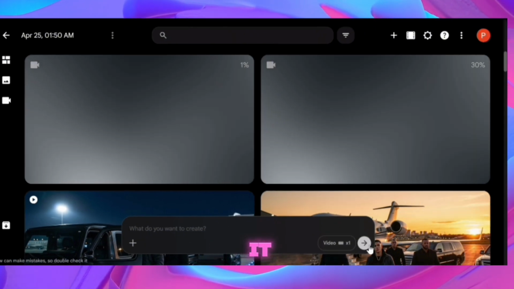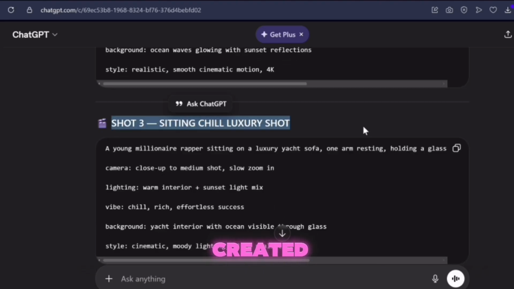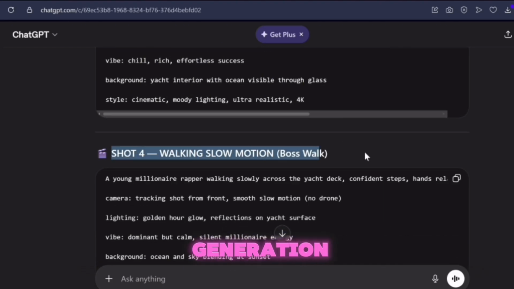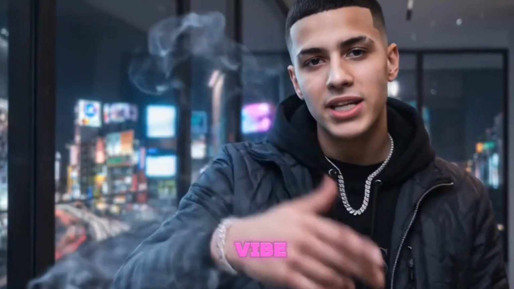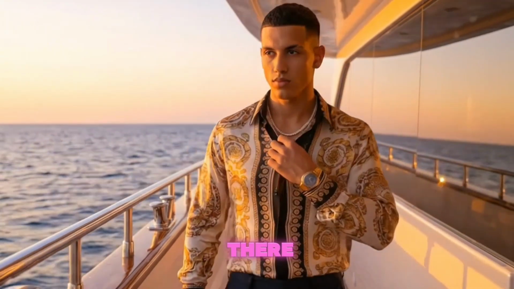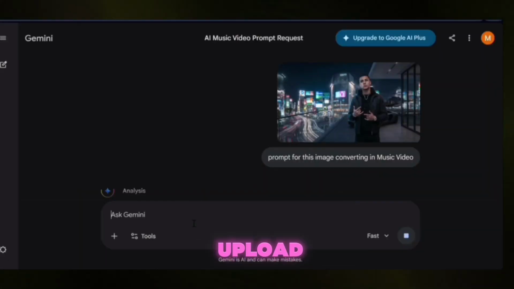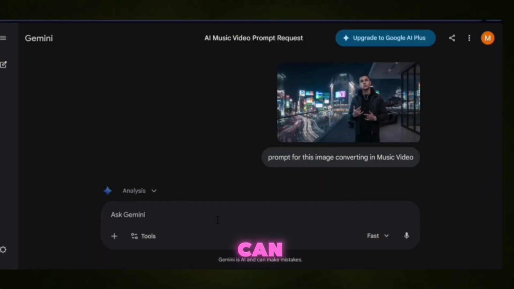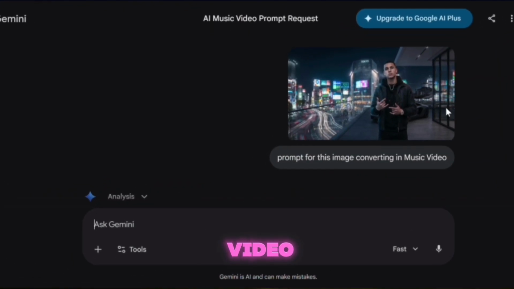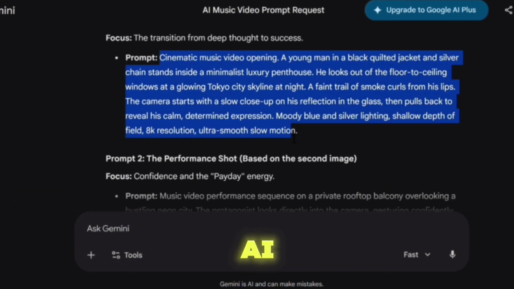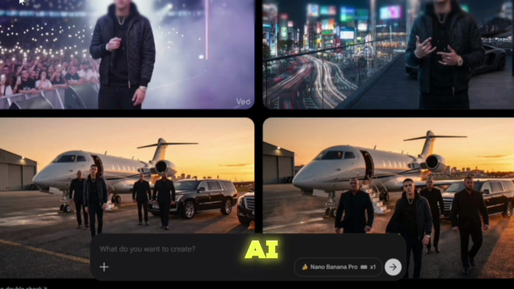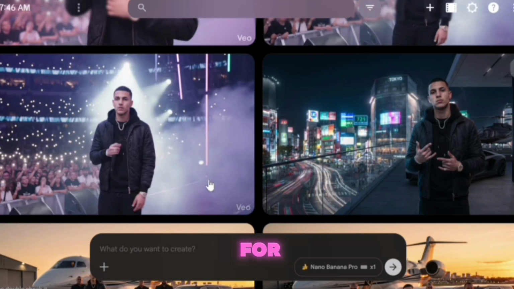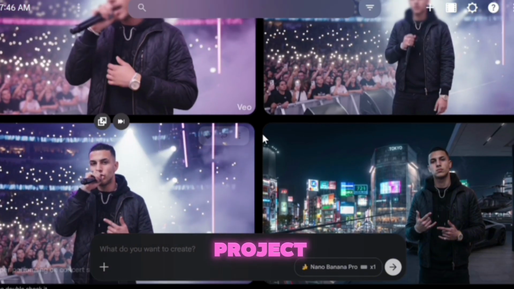There are 2 ways to do it. First, you can simply take the prompts you already created in ChatGPT for image generation and reuse them for video generation. But if you want your character to add lip sync, music vibe, and a more stylish cinematic feel, then there is another method. You go to Gemini, upload your image, and write a simple prompt below. You can say something like, "Give me a prompt for my music video using this reference image." Sometimes AI may not fully understand the scene, so you need to clearly define what you want in detail. Then you take that output and go back into Flow AI. From there, you can create multiple videos for different scenes and complete your entire project step by step.